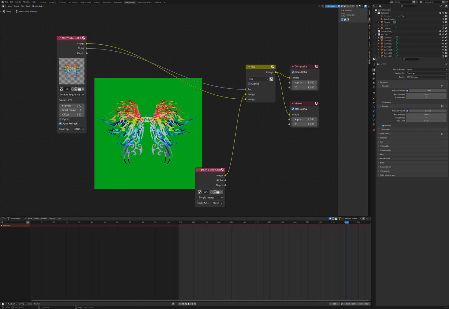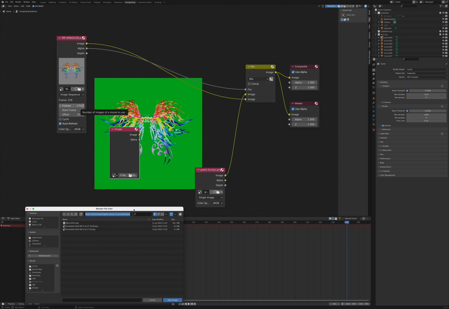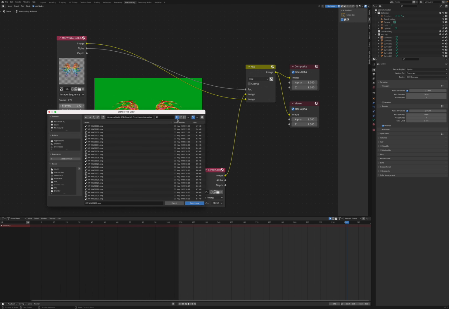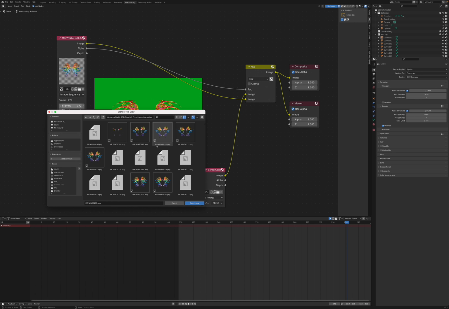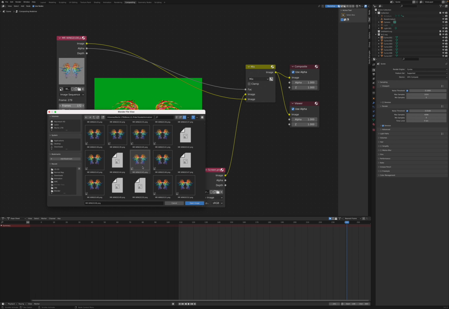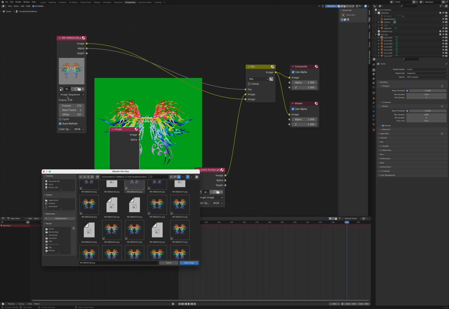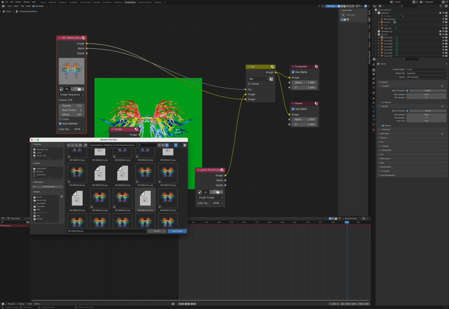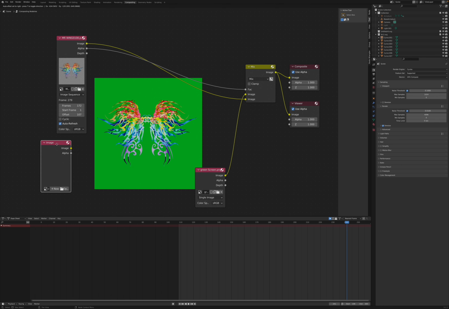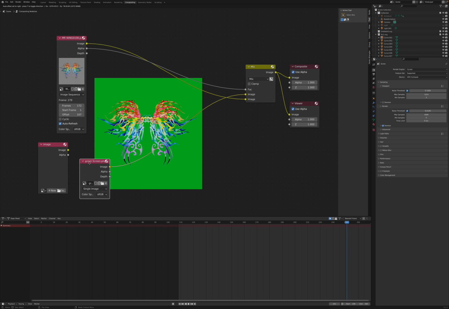and to add this you will need to select Shift A and search image. You just need to import all the images you render out. In this tab here, you can see I rendered out all of my image sequence on the transparent background, and you need to select all of them and just import into this image input node. That's okay. And then the next is to have a green screen